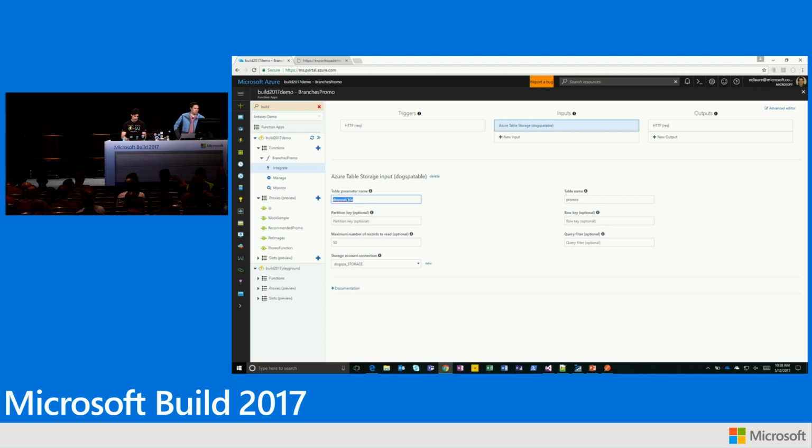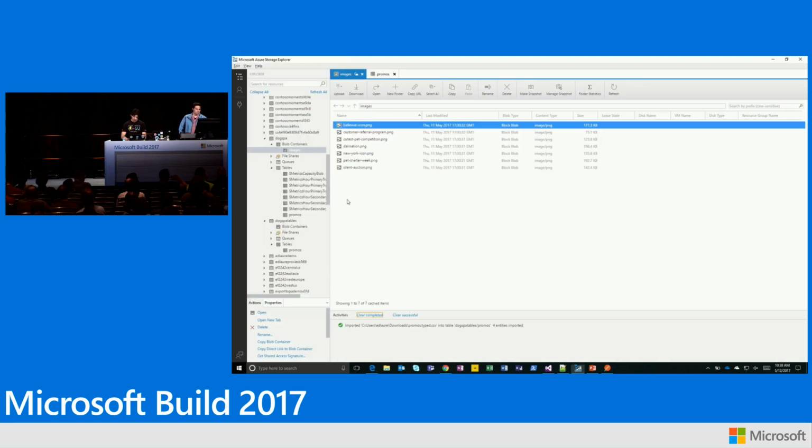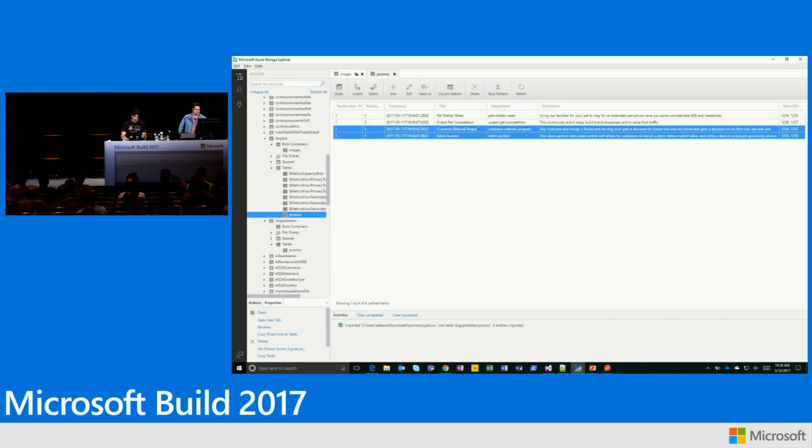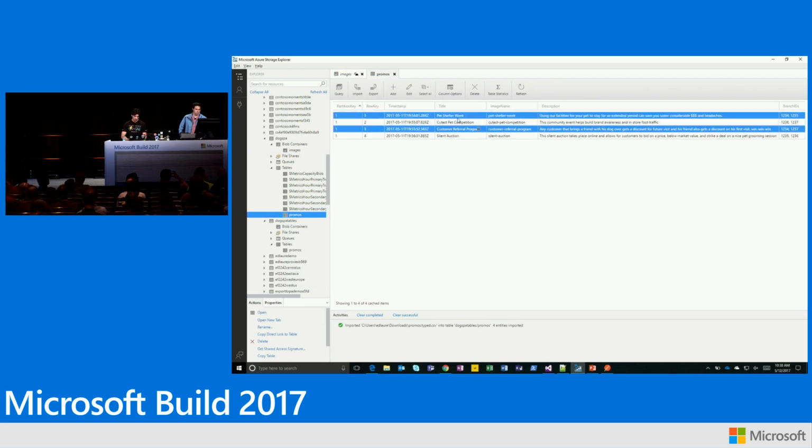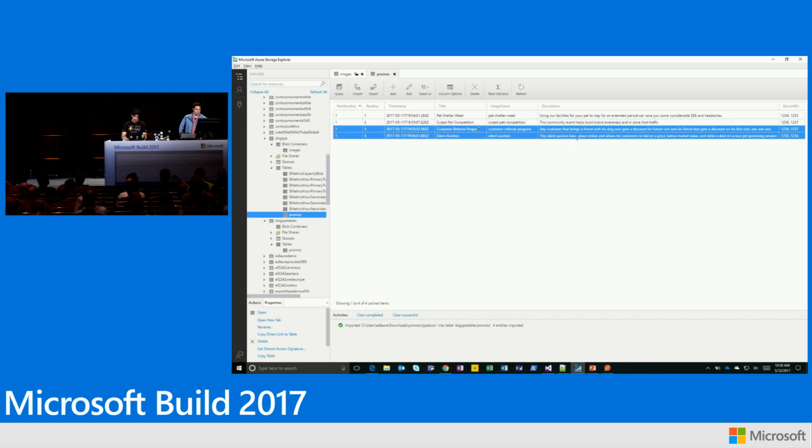And the table, just for fun, I'm going to show it to you guys here. And this is Azure Storage Explorer. It's pretty simple. It's here with my promotions. And my promotions basically will have information on the promotion, the name, the description, and the branches where it applies to. Azure Storage Explorer is taking a second, but here it is. So you have the name of the promotion, the silent auction, and the description of what it is, and the branches where it applies to. Not all promotions can be run in every branch, so we did it this way to start with.